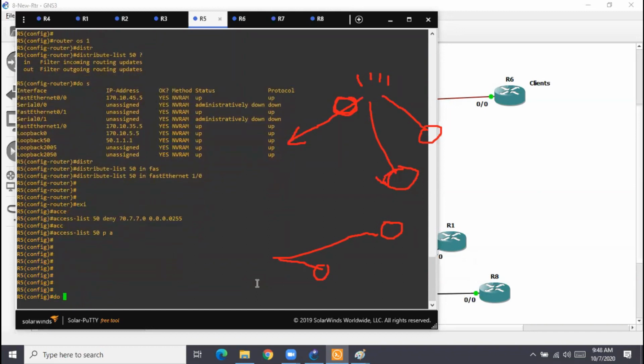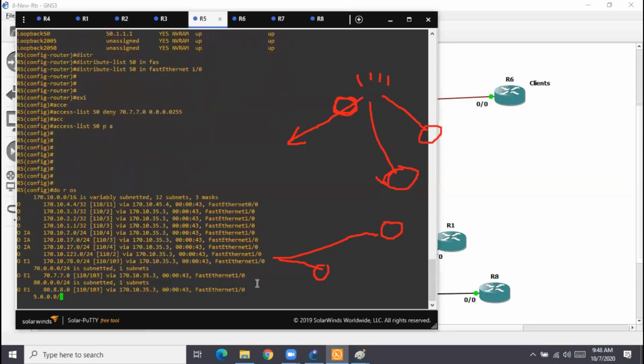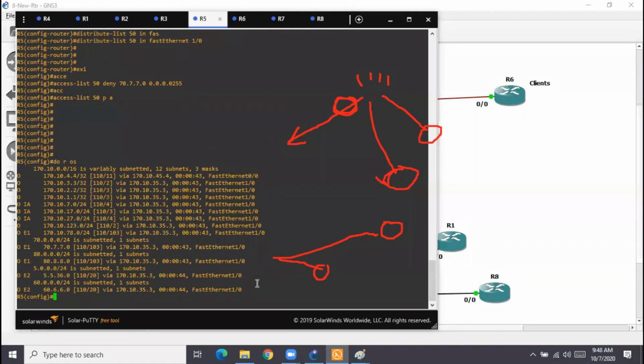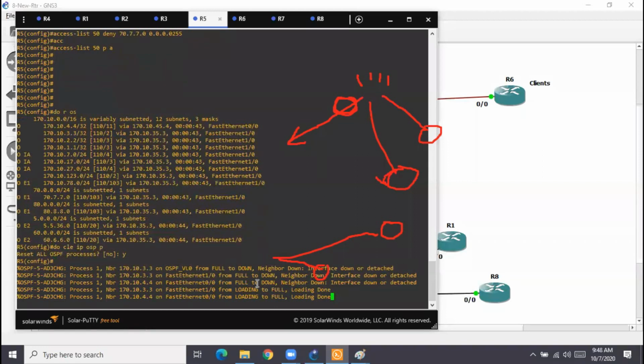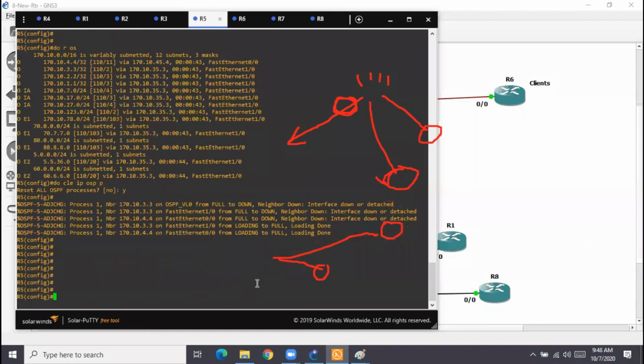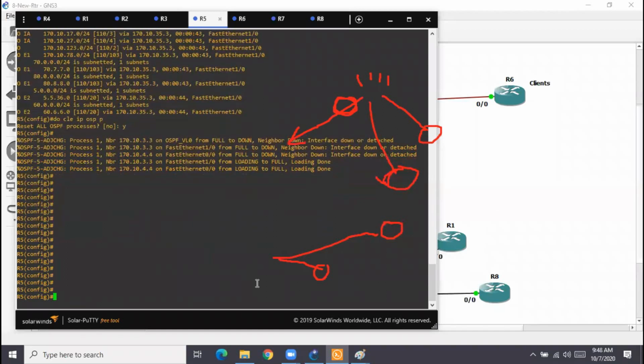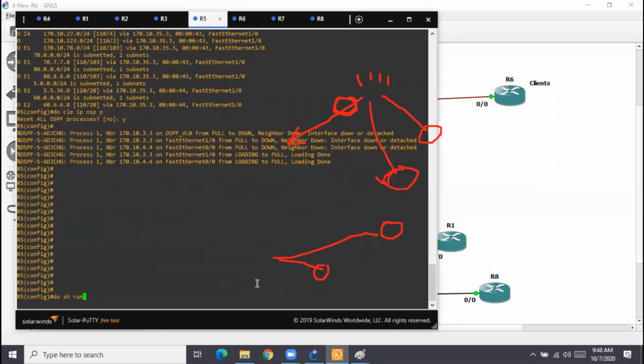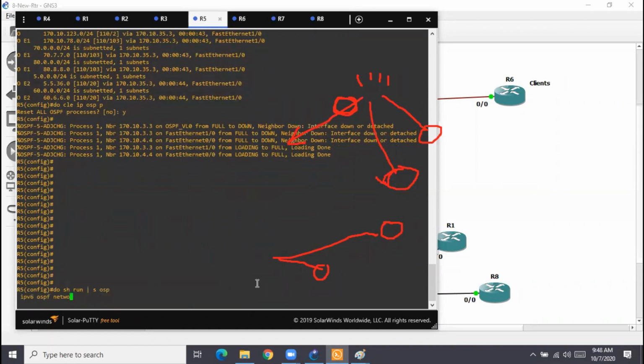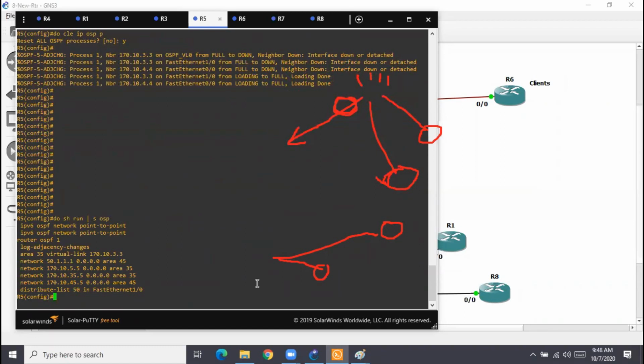Now let's see. Do show IP route OSPF protocol routing table. Do you see 70 there? I still see the 70 there. Sometimes again, in OSPF, better is to do clear IP OSPF process. Let's refresh the process. Always check the configuration: distribute list 50 in FastEthernet 1/0.